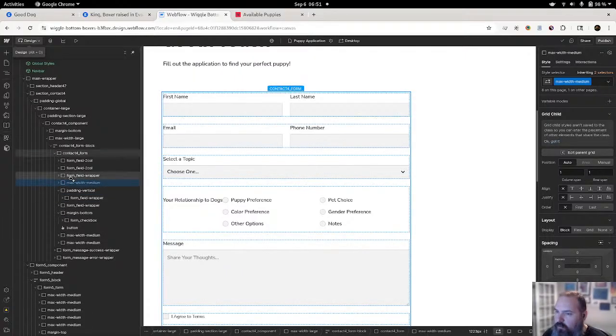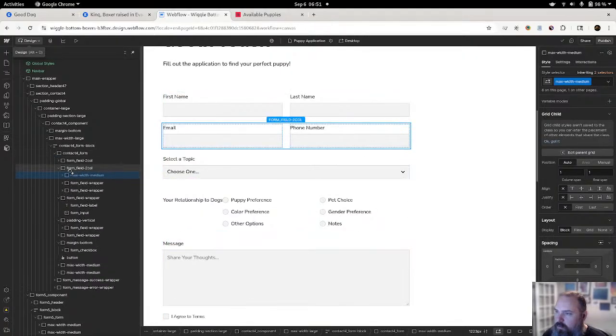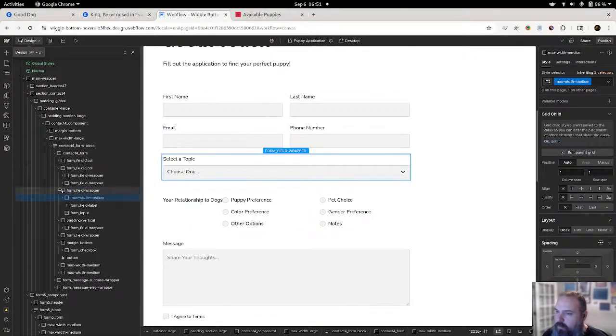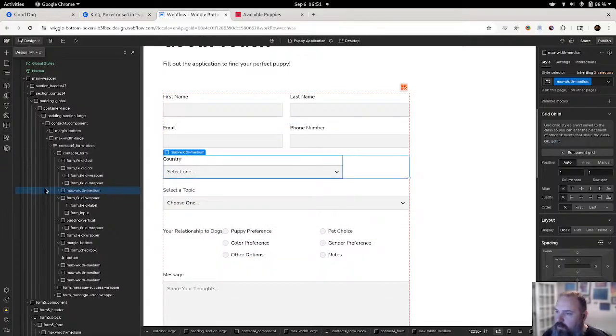Yeah, that's going to go, and up one more, below that one. Stop trying to put it in stuff, my boy. All right, there is our country.